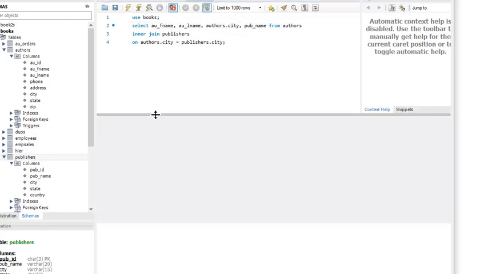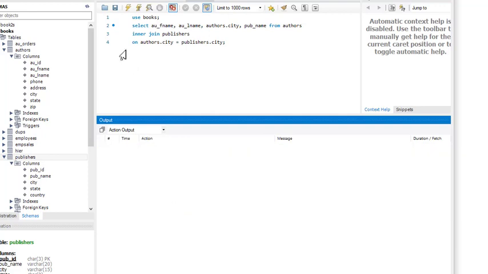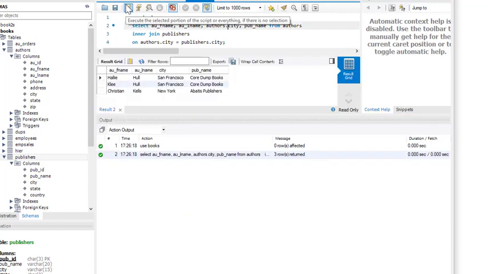All right, so let's run it. It should work now. We'll just clear out these old messages here, and we run it. And we have a result, and we got 3 authors. There were originally more authors there. And the city, this is the common city value that occurs in the authors table and the publishers table. So that is a very